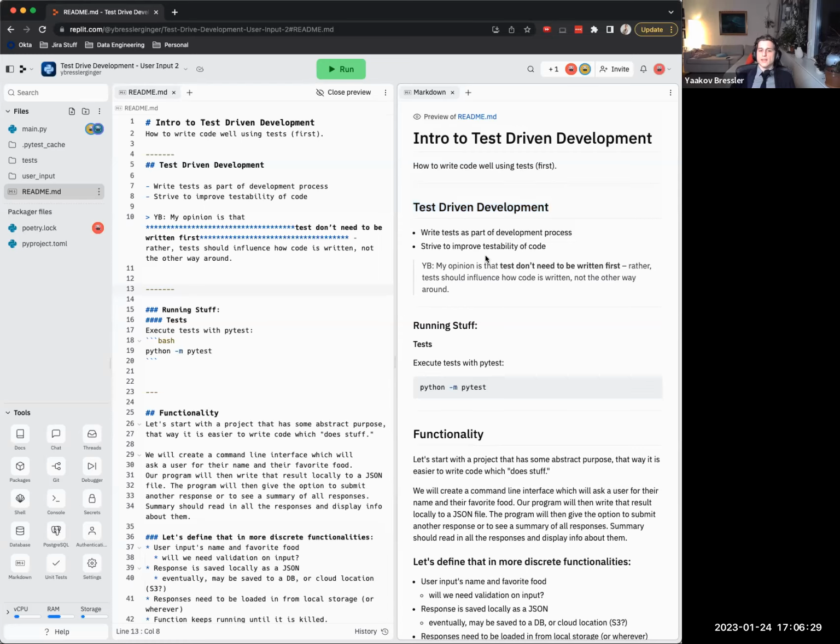So here's the textbook definition. Write tests as part of a development process. Strive to improve testability in code. So my opinion is you actually don't need to write your tests first. Rather, your tests should influence how code is written, not the other way around. So for me, test-driven development has two primary features. The first one is,